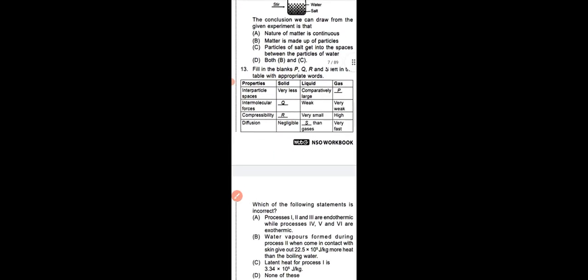So which one is the correct answer? Question number 12, option D is the correct answer. Matter is made up of particles, and particles of salt occupy the free space between the water molecules. So both are correct. Okay, so question number 12, option D is the correct answer. So next we will see